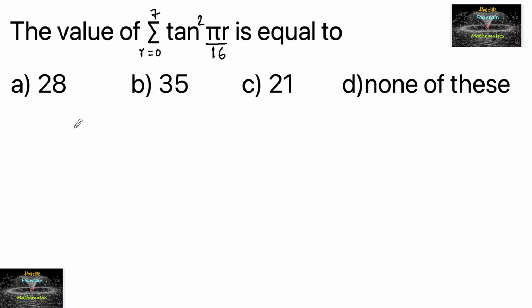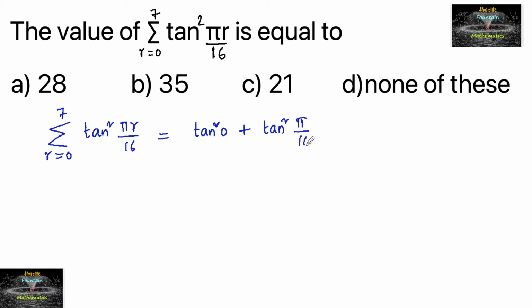The value of summation r equals 0 to 7 of tan square pi r by 16 is equal to: for r equals 0, tan square 0, plus r equals 1, we can write tan square pi by 16. For r equals 2, tan square 2 pi by 16, plus tan square 3 pi by 16